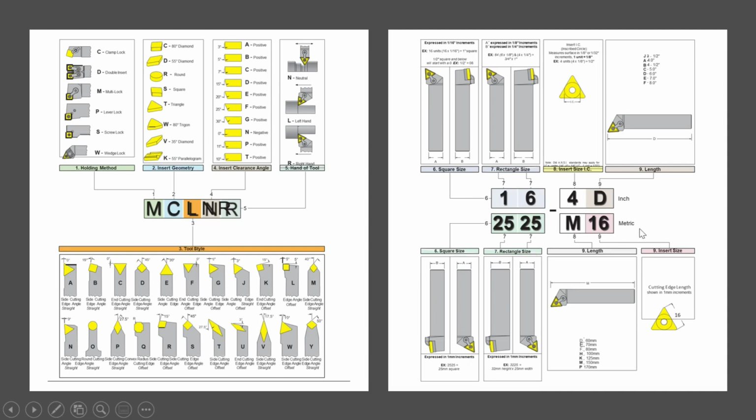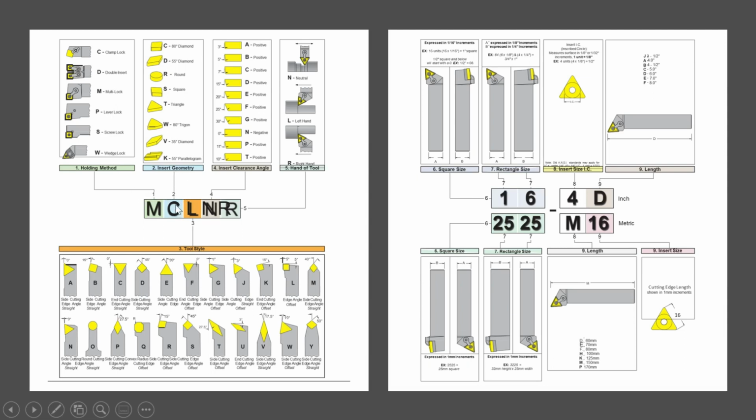Most of the time in our region we are using metric, so we can go for 25, 25, M16. M stands for the holding method that we have earlier studied, that is multi-lock, profile lock, screw lock, wedge lock, cam lock.